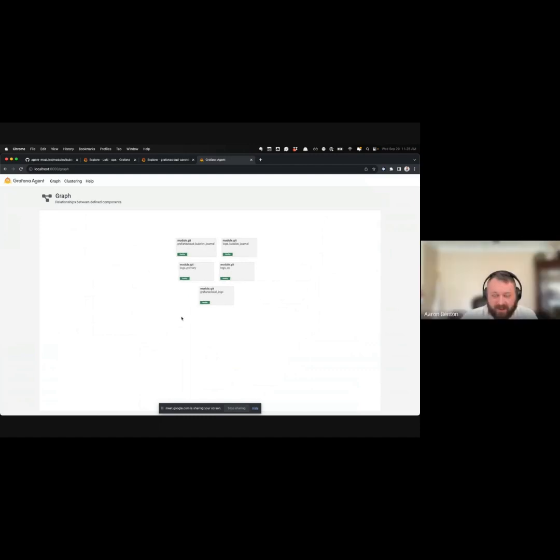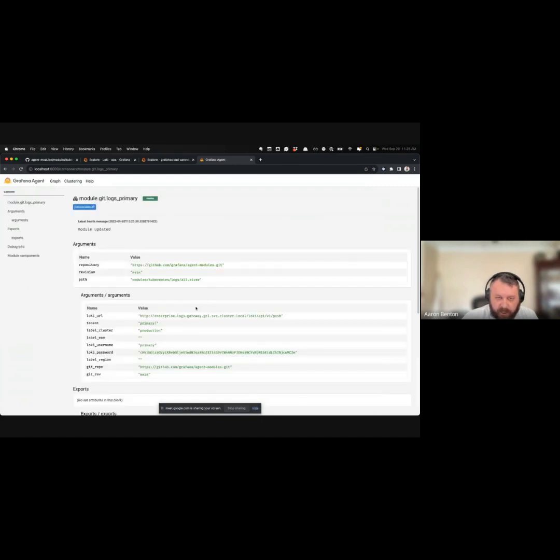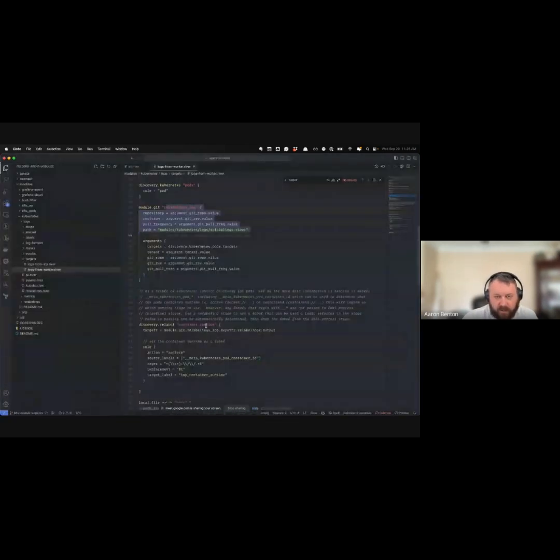Yeah, but no, this is incredibly useful. Even if you're testing modules, just to see how everything is connected, like viewing that graph, getting a visualization of what's there, etc. I can see, even though there's only these modules on here, I know what's going on. I can see the health of them. Obviously, we can come back here and I could drill in to each one of these things, see what's going on, what arguments are being passed around, what's exported, all that. Extremely useful. But coming back to the config, doing a bunch of relabelings,